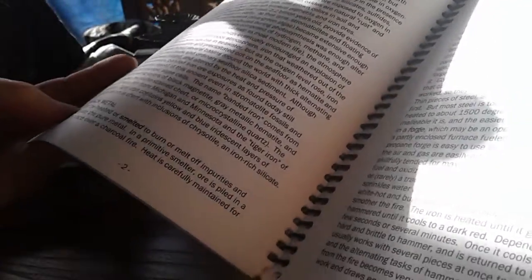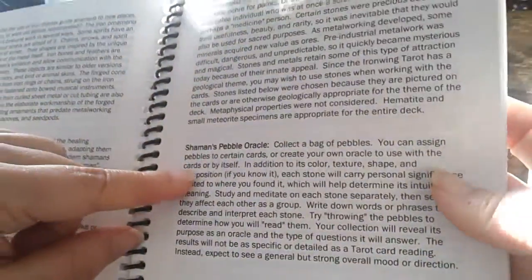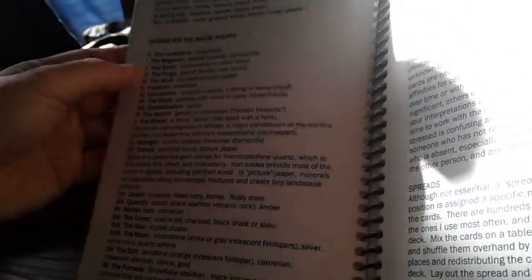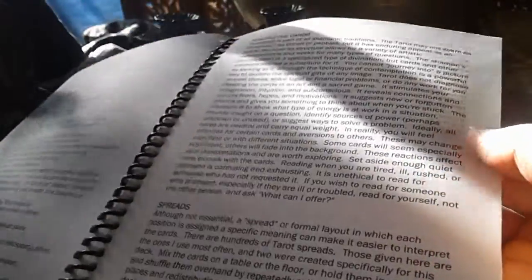The introduction includes iron geology, a section about black metal, iron mythology, shamanism and blacksmithing, modern shamanism, and then there's a section about stones and Shaman's Pebble Oracle, a note on Shaman's Pebble Oracle. And then there's notes on the stones for major arcana over here, about reading the cards, about spreads,